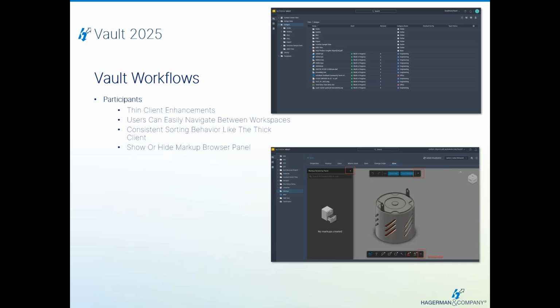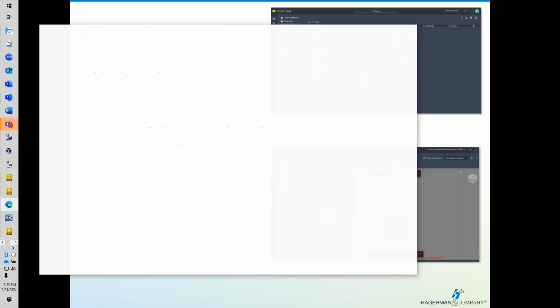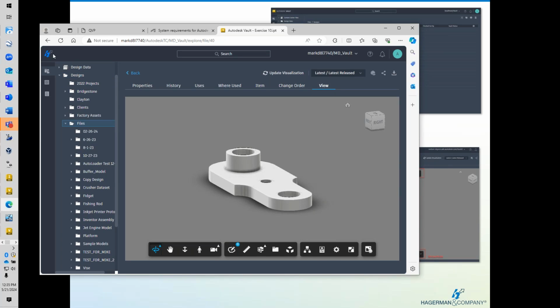On the thin client side, we get a couple of nice enhancements here. Toggling back and forth between workspaces, consistent sorting behavior, just like the desktop client or the thick client. We can also show and hide panels very easily there. And there is also your own little logo here at the top. So as we are working here,